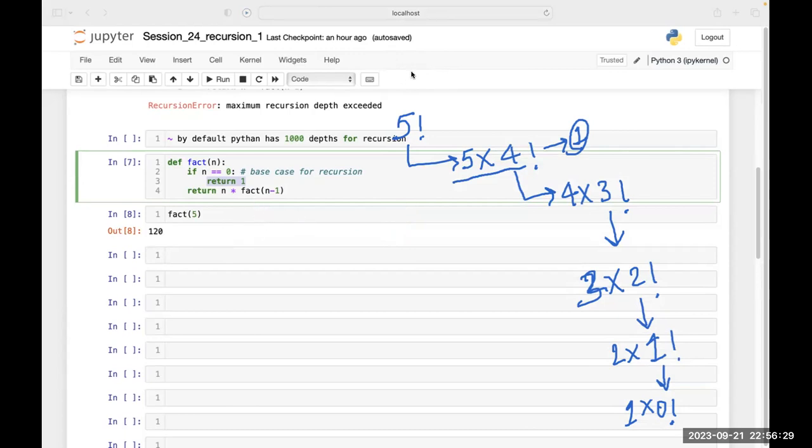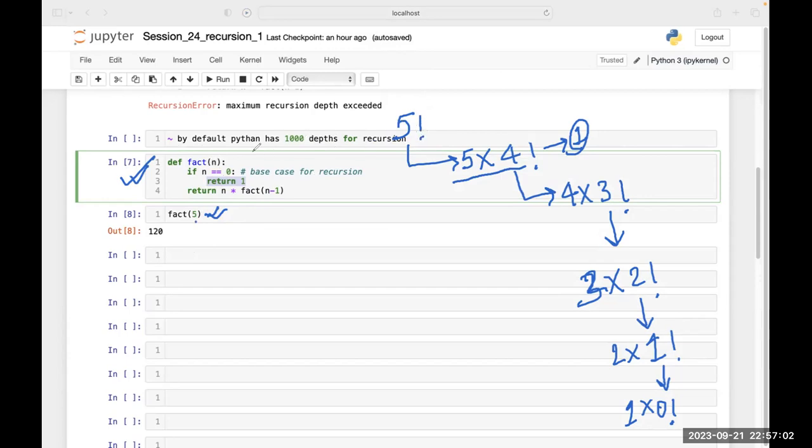Okay, I got it, how it got down to 120. Fine, you got it. Now let's understand something more. When I have given it 5 here, in the argument, and I'm calling this function that I have written here, this is 5 factorial.